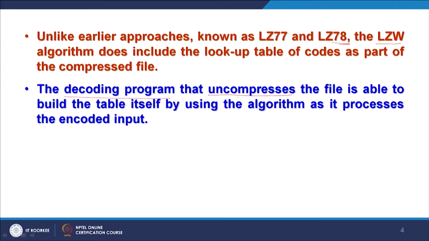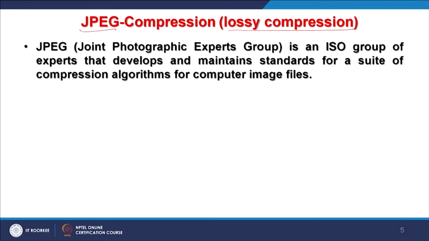So, it is a reverse process, and that program should understand how the coding was done. Now, I will take another example, which is a lossy compression or destructive compression. A very famous file format is JPEG. In short, we say JPEG, and it stands for Joint Photographic Experts Group, which is an ISO group of